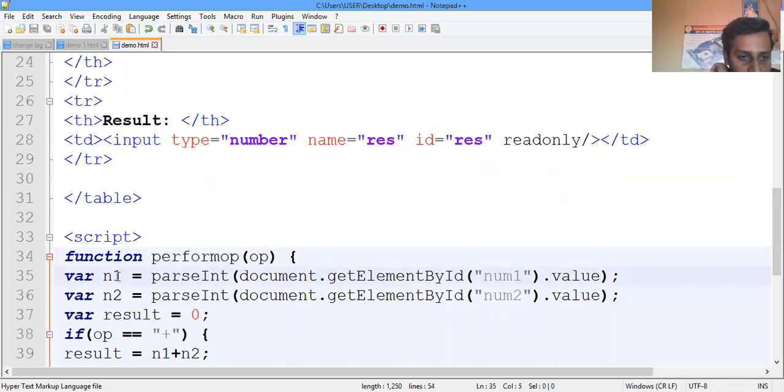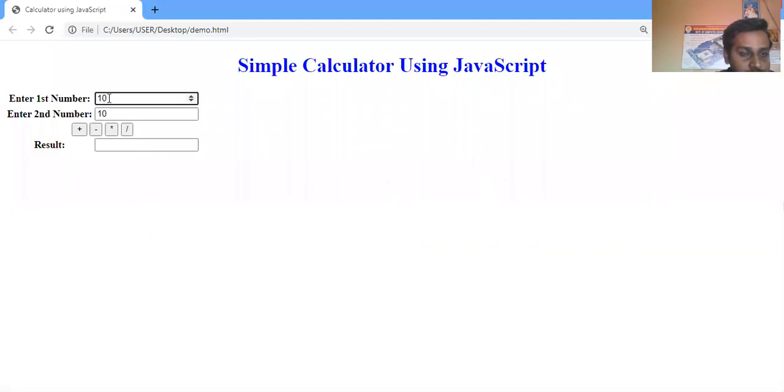We have taken variables in JavaScript, one variable n1 and another variable n2, as int. Whatever the entered value num1 is, I will go to the screen. The num1 value is 10 and the num2 value is 10. I can change it to 15 here, so num1 is 10 and num2 is 15.